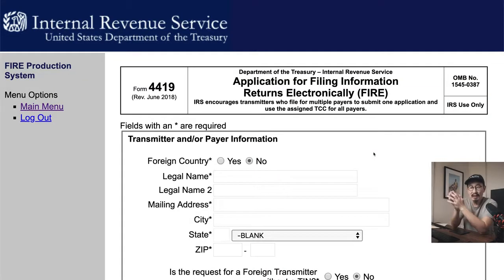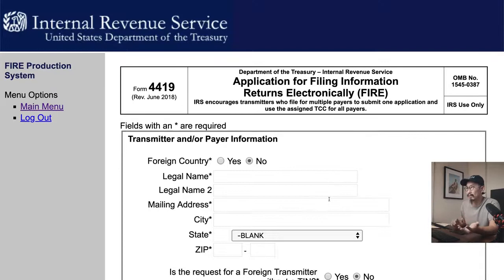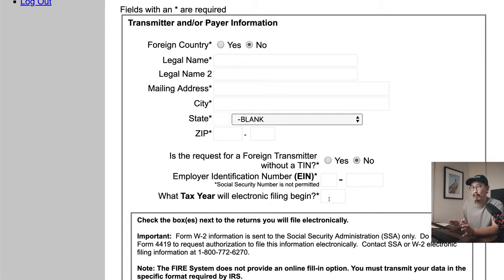So in order to file electronically, you have to sign up for a FIRE account using Form 4419. And if you look here, it says you need an employer identification number to sign up. Social security numbers are not permitted. So there you go, that's the one caveat to that. So if you don't have an EIN, you have to sign up for your EIN first, right away, before you can sign up for FIRE, which stands for Filing Information Returns Electronically. Or if you don't want to go through all of that right away for whatever reason,